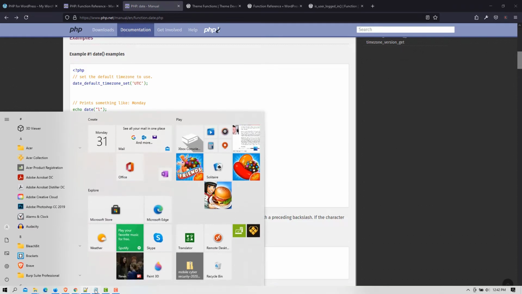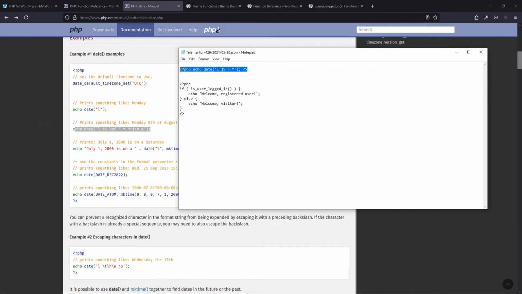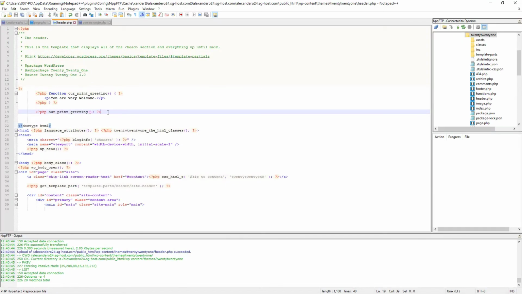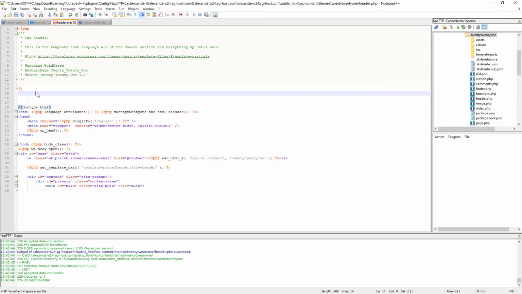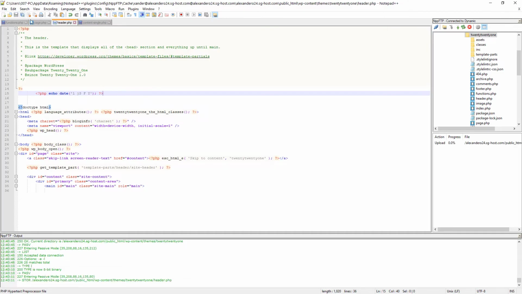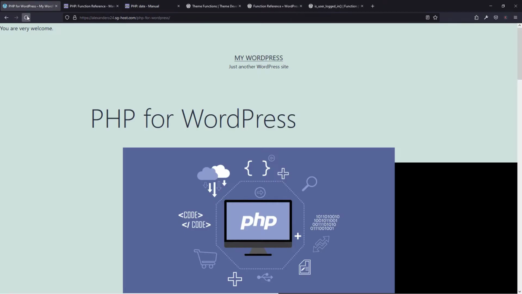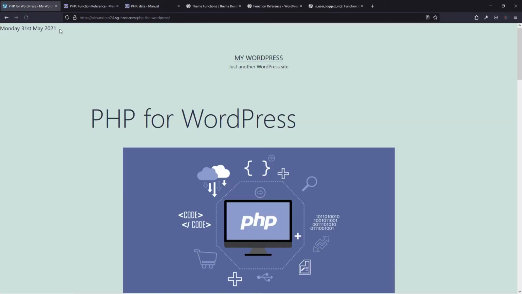Okay, I'm gonna go over to my notepad file in here. Let me grab this real quick. Go right here to my header.php, and I'm gonna go ahead now and open this up. Let me paste the code right there. So what I'm doing right now is I'm simply echoing today's date in my header. I'm gonna go ahead now and save this. Let's go back to the browser, go back in here, refresh the page, and there you go, Monday, 31st of